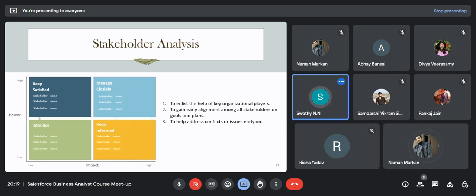So actually, in this stakeholder analysis, are we comparing their performance, each person's performance or power, or what are we actually doing? You said the right thing, that we are comparing,